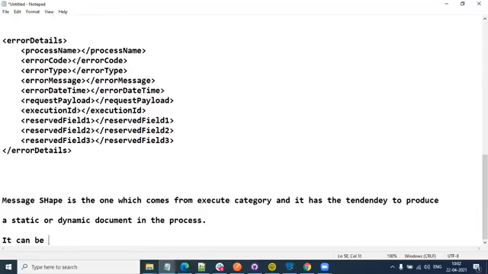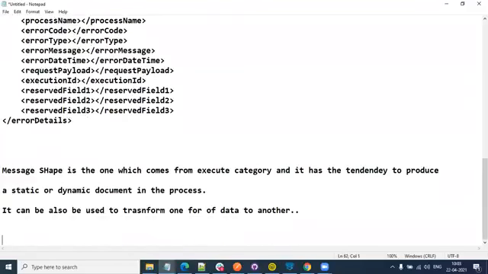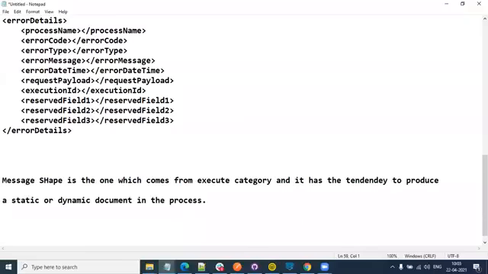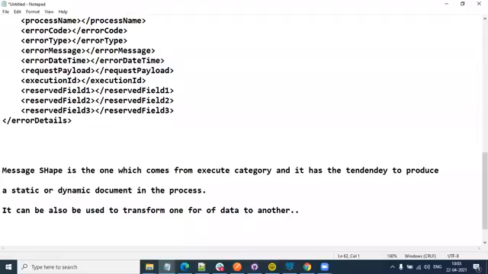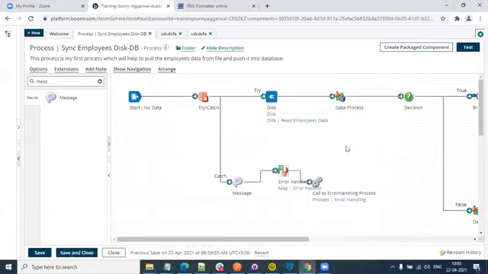It can also be used to transform one format of data to another. Very important point. So far, which shape was only capable of transforming from one data format to another? Map. The one which we were aware of was map. Now I'm telling you there is one more shape which has a similar capability, and that shape is the message shape. So what I'm saying is this message shape has the capability to produce any static or dynamic